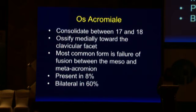It can be symptomatic in adults, and sometimes if it is symptomatic, can lead to issues with rotator cuff as well as impingement and so on. So just really important to know about